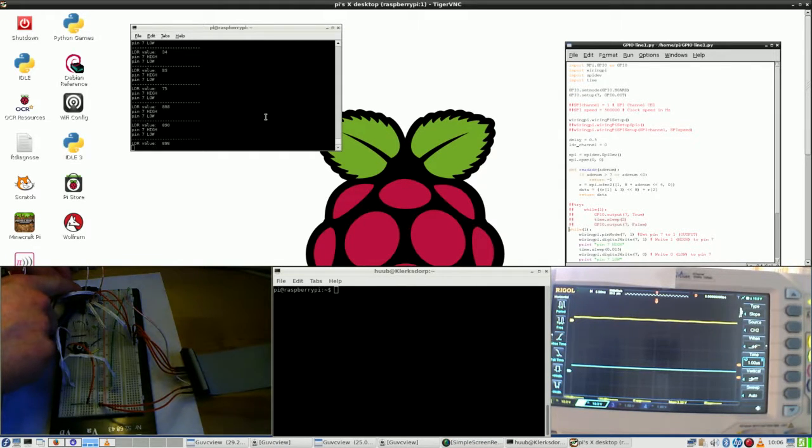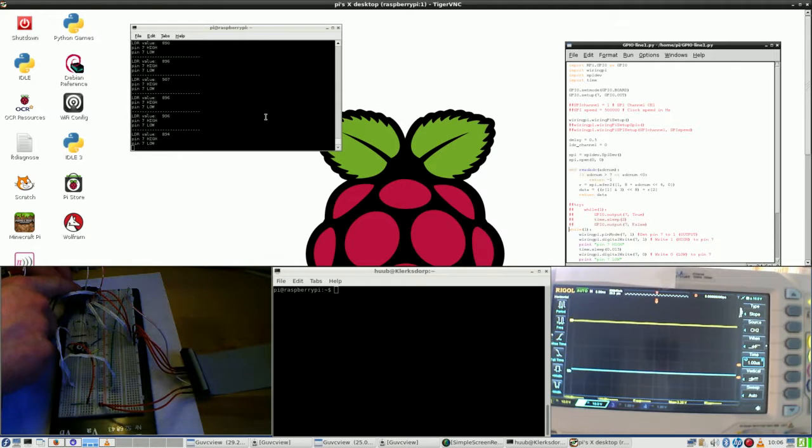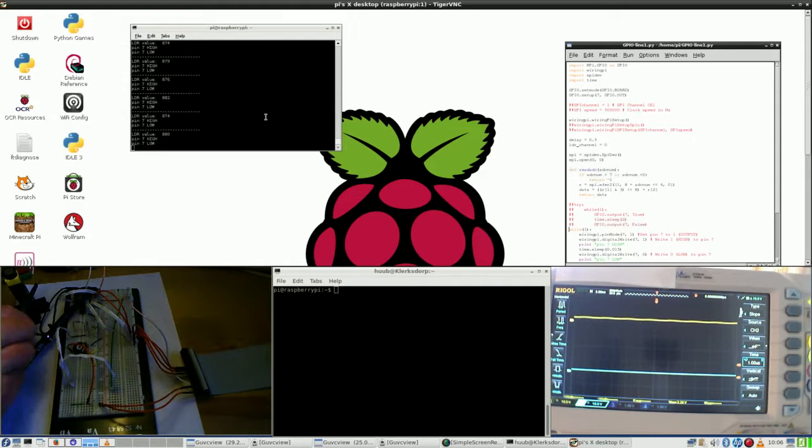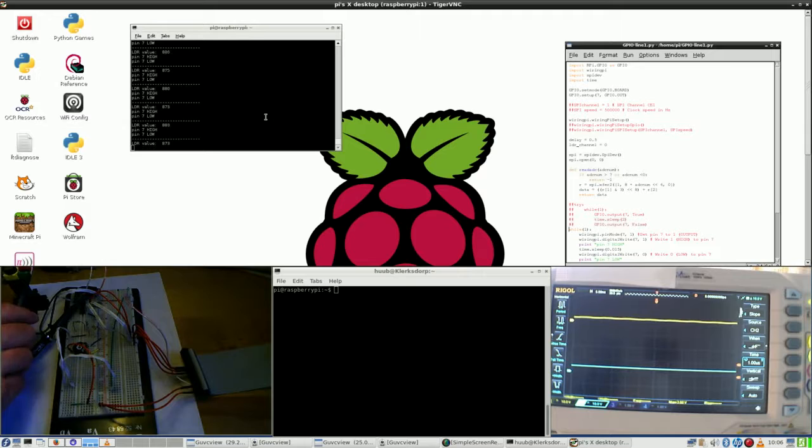Okay, release button 800 something, press button 72, uncover. So it does work, but it is a bit flaky to my idea. Anyway, that said, I want to enhance things with an NTC, but